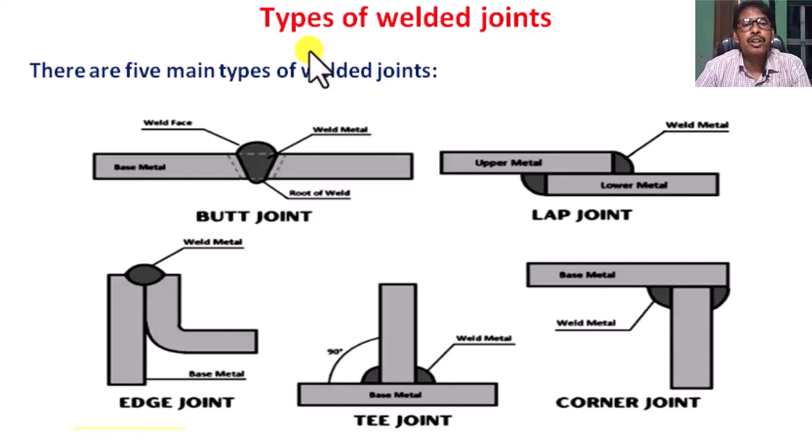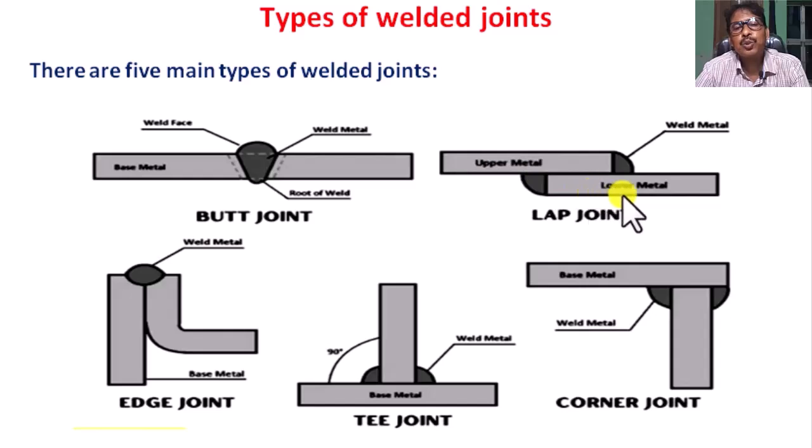Hello student, today we are going to learn under machine design types of welded joint. There are 5 main types of welded joint. This is the butt joint, this is base material, this is welded material, this is the lap joint, this is